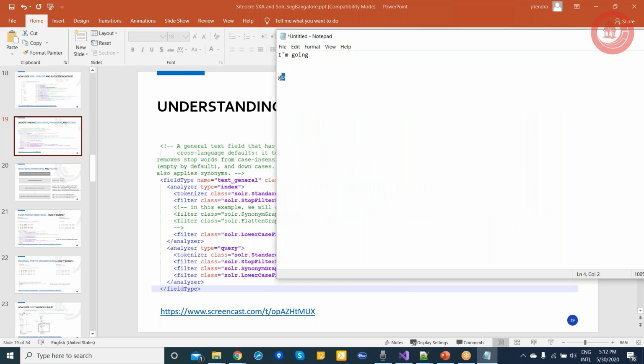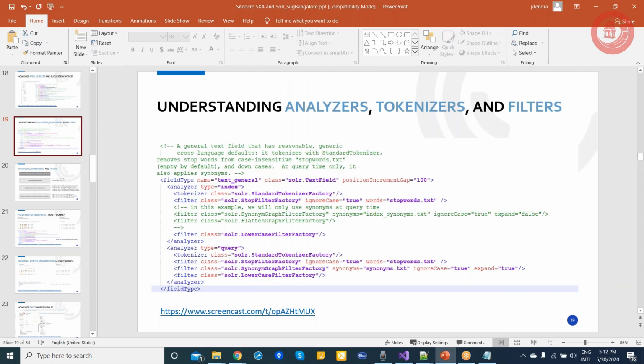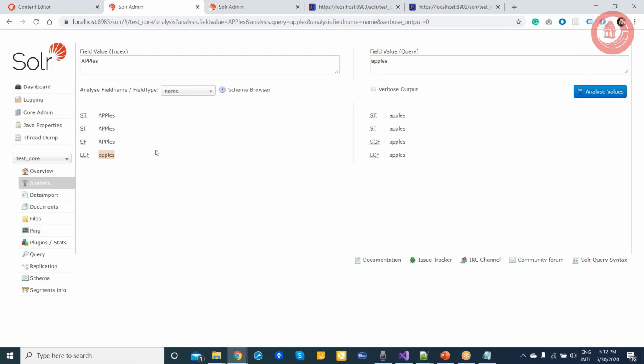If I'm clear, I just wanted to verify: let's say a product has 2:4 dimension, and if the user searches for 4:8, then he should be able to see similar data, or maybe in centimeter or millimeter. Then you can create your own filter. We have done these types of customizations. We have created our own filters and plugged them into Sitecore, and that will generate more terms here. And when you search for a different value, you will get the data.